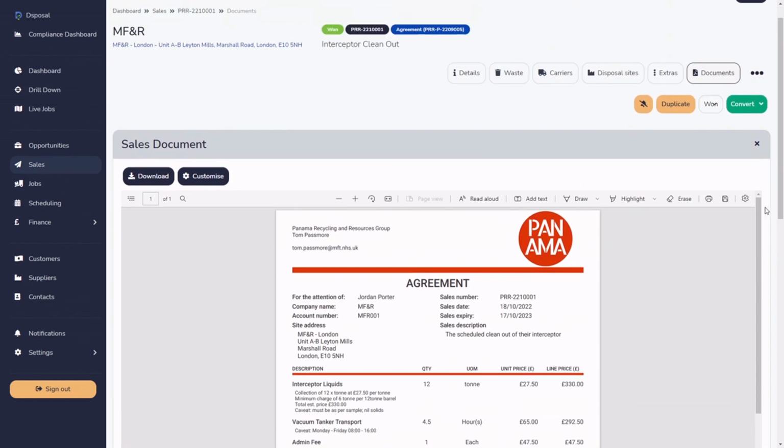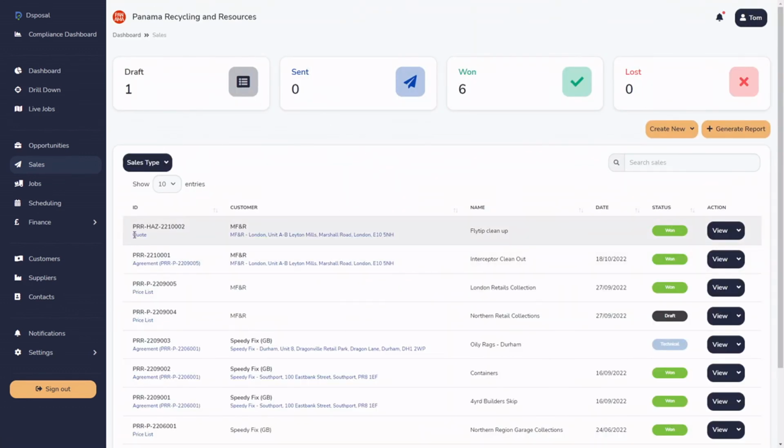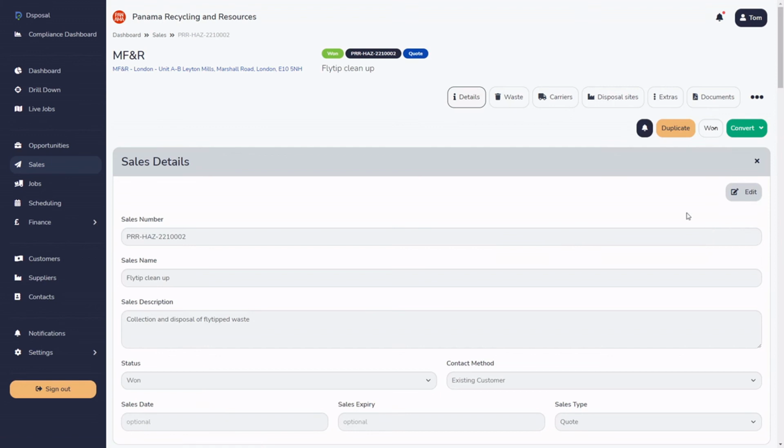Okay, so the third option, which we've created again, is a quote. So we've created this quote. This quote is not linked to the price list. It is an individual package of work. It has its own site and it has its name. So this is a fly tip cleanup. So again, we'll go into the